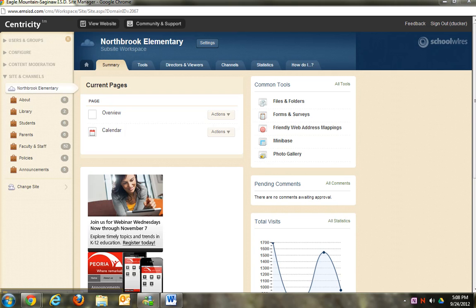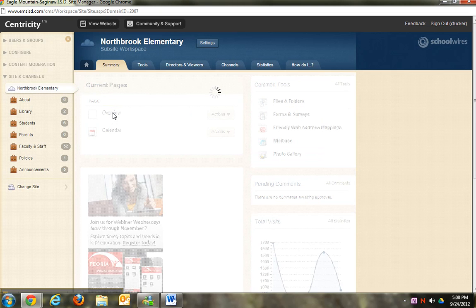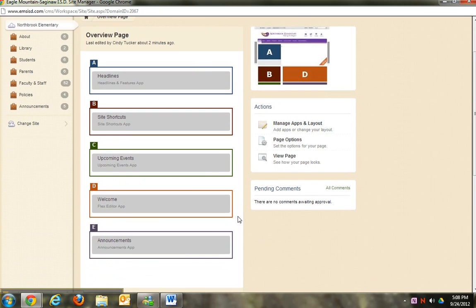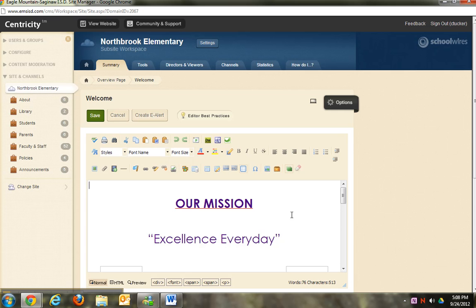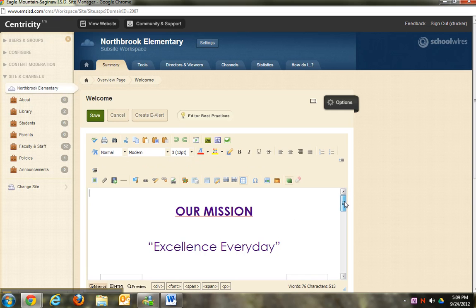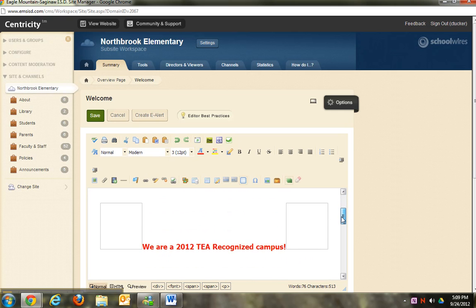And the first thing you're going to do is click on Overview, and you'll notice you've got the different apps. We're going to put this in the Welcome app. So I'm going to choose the Welcome app. And this is where you're going to see all of your existing information. I've already played with it, so I've messed it up just a little bit for them, but not to worry,